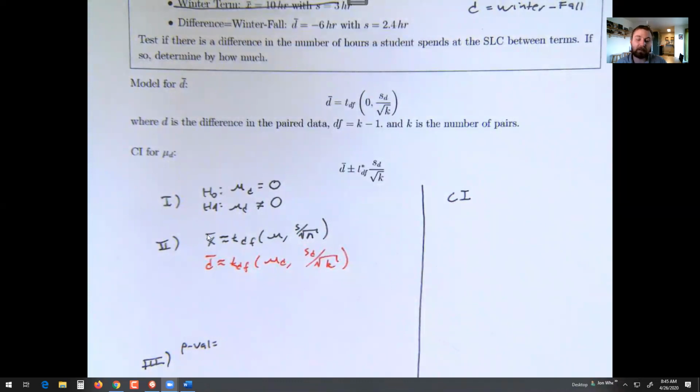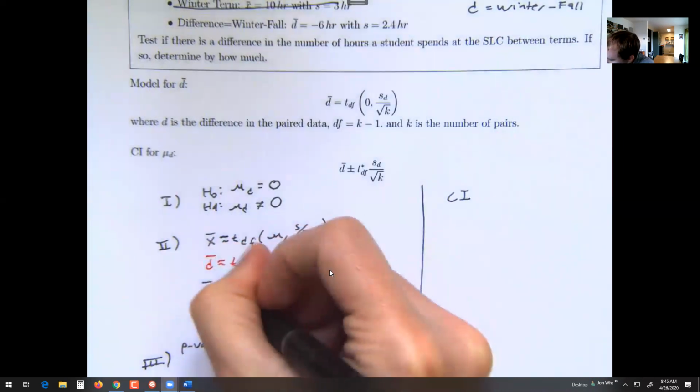So d bar instead of x bar, I'm being specific, I'm looking at average of the differences, mu of the difference, and just like when I've compared every other group thus far, that average has been 0. Standard deviation for the difference, and here I have k representing the number of groups. So for example, for our set,